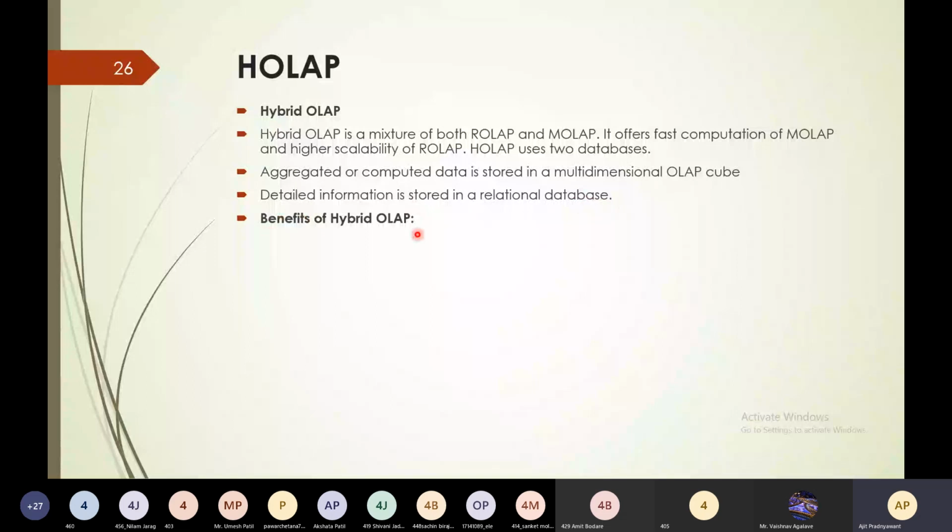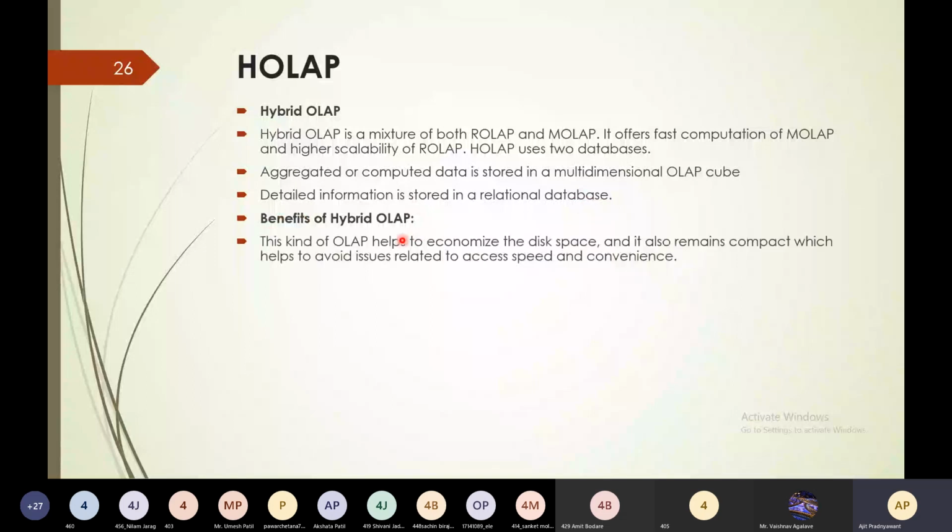Now let's understand the benefits of hybrid OLAP. This kind of OLAP helps economize the disk space, and it also remains compact, which helps to avoid issues related to access speed and convenience. Hybrid OLAP uses cube technology, which allows faster performance for all types of data.